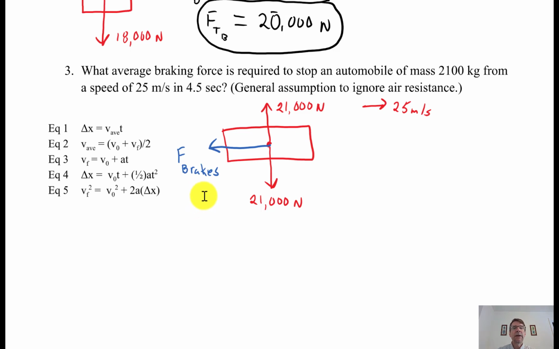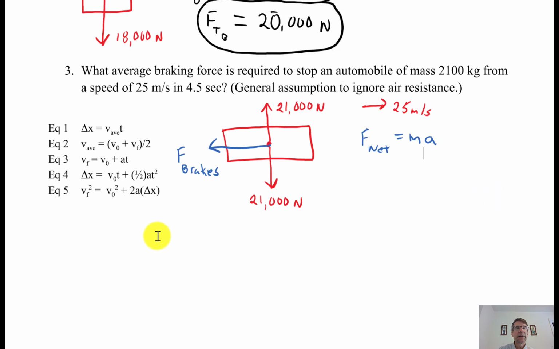But if you write down the F net equals ma in this problem, what you'll see is all you know is the mass. You don't know F net, which is the force of brakes, and you don't know the acceleration. You know the velocity, so don't plug the velocity in for the acceleration. That is not the acceleration. So in this equation right now, I have 2 unknowns, and that's the only equation I really have so far with Newton's second law. So I can't really do much with that until I go back and review my uniform